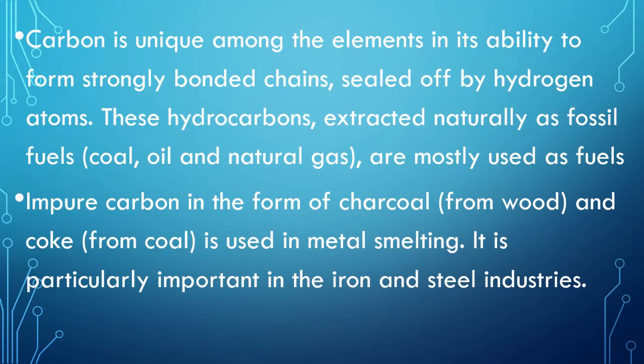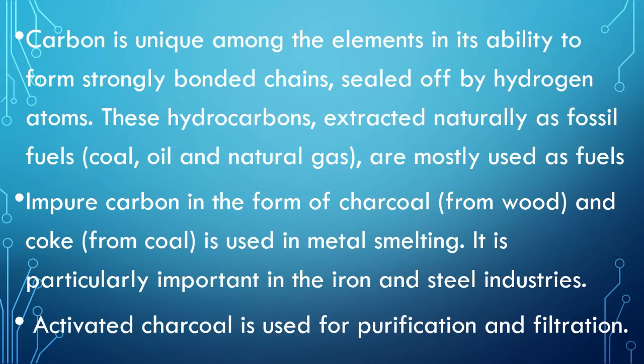Now what is smelting? Smelting is a process of extractive metallurgy to produce a metal from its ore. Smelting uses heat and a chemical reducing agent to decompose the ore, driving off the other elements as gases or slag and leaving just the metal behind. The chemical reducing agent is mostly charcoal or coke.